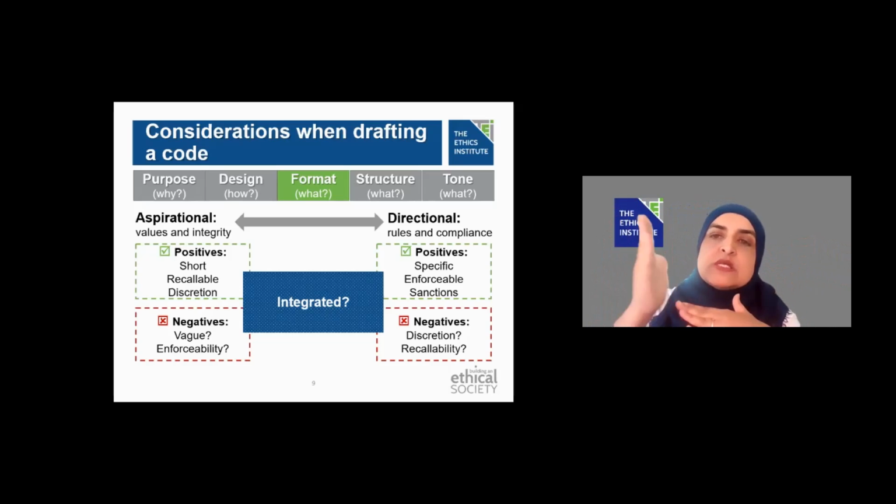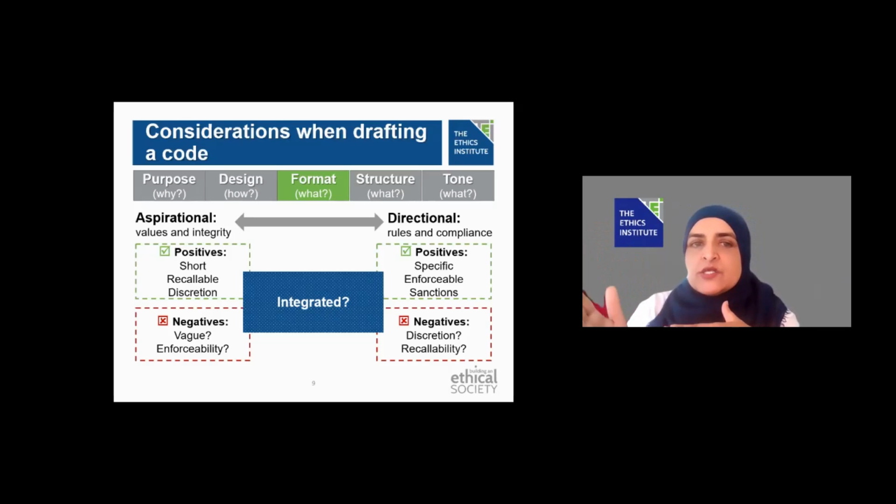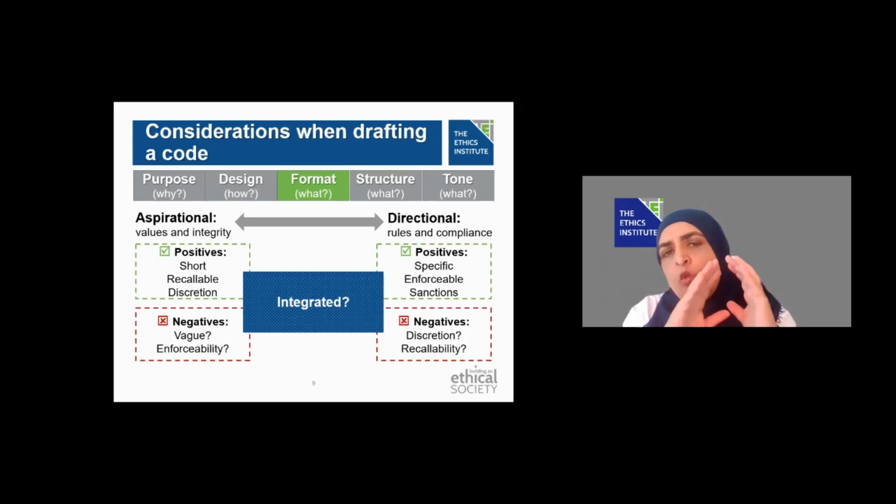Now we're starting to see a trend where you have combined documents that talk about values and integrity, but then use it as an opportunity to unpack the values through illustrated or accompanying behaviors, thereby also covering the issues around rules and compliance.